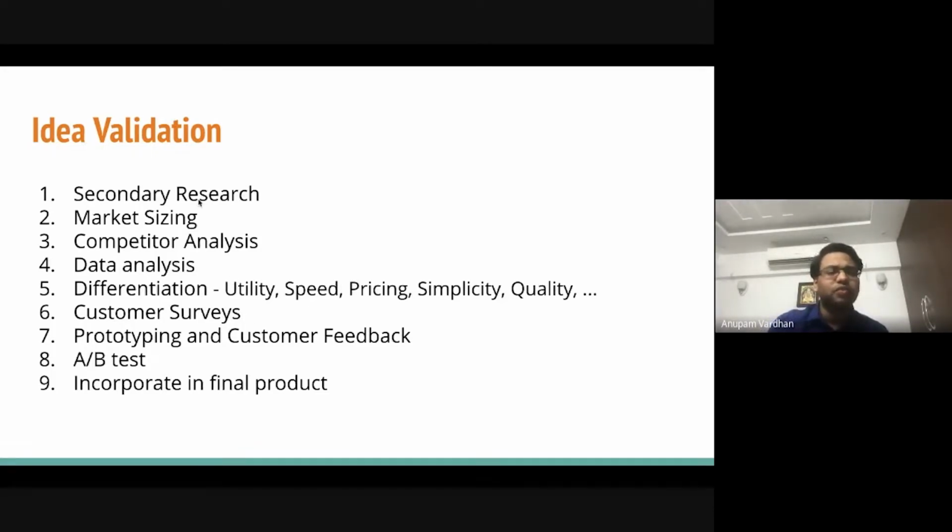Post this, once you've done your research and you've identified your use cases, you should carry out customer surveys. Based on this research, you'll figure out, okay, there are 5 or 6 things I can do differently from the competition, right? But then how do I identify which one is important, which one is not? I'm just making up assumptions in my mind, and things could just fail. So it's very essential to carry out customer surveys. Give them a ranking of the features which you're going to build in your product. Ask them to rank what is important for them when it comes to solving a particular problem, right?